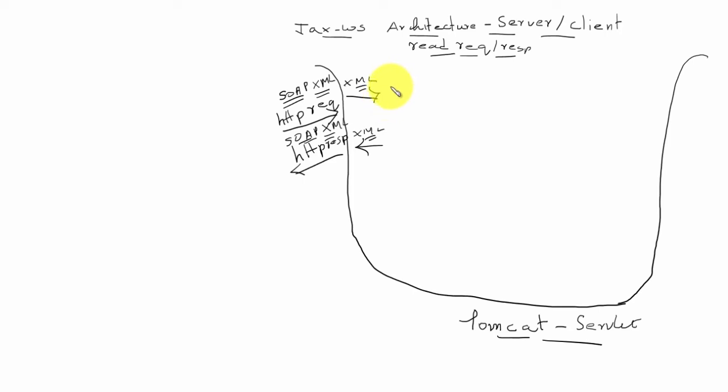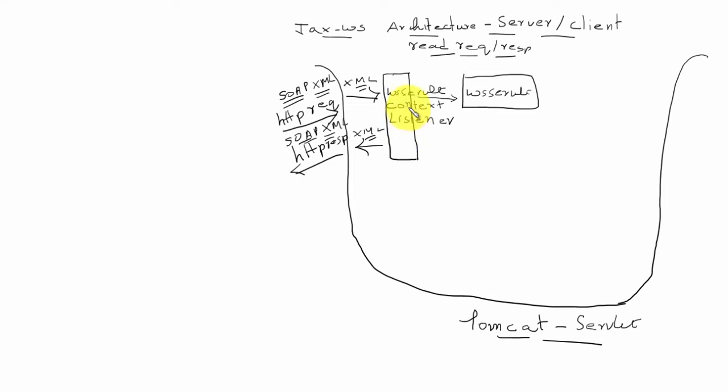So here also we have a listener, provided by the framework. The name of the listener is WS Servlet Context Listener. The listener will find out if the incoming message is a SOAP request. If the incoming message is a SOAP request, it will forward the request to the WS Servlet. This is a servlet provided by the framework.